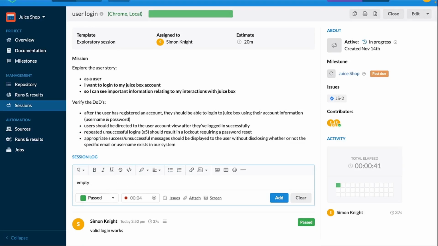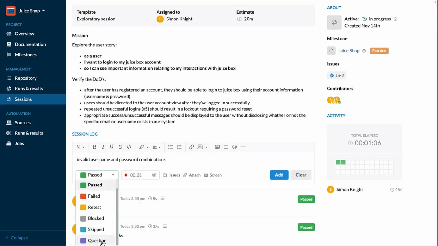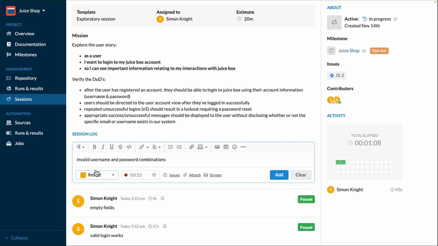I might check some things like empty fields and see whether or not that passes or fails. I could look at invalid username and password combinations. And maybe there's a failure there or something that I have a question around or I want to retest, and I can set my status here accordingly and keep progressing through the session like that,